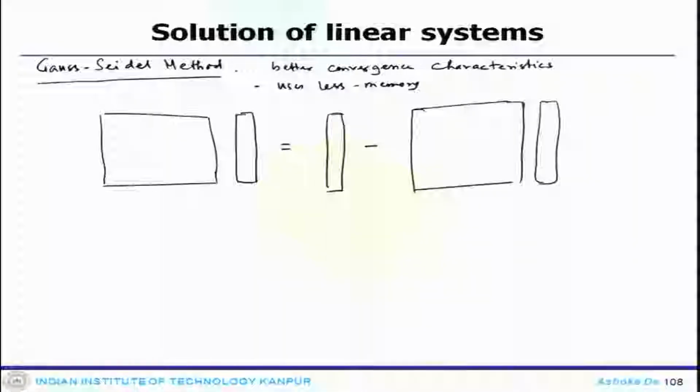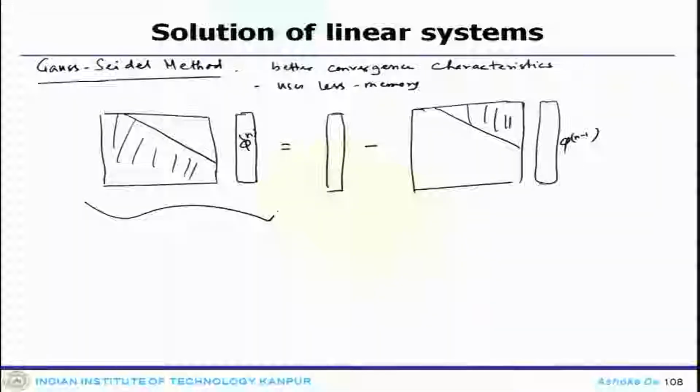So, this will have some sort of phi n minus some sort of phi n minus 1. That is how it can be represented graphically, but finally the equation that we are solving for is